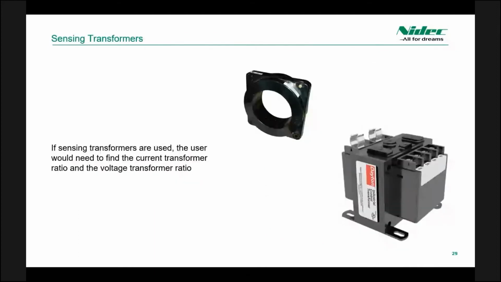If the output voltage of the generator exceeds the rating of the sensing terminals on the voltage regulator, then it is necessary to use a voltage transformer for sensing. In the event that you have to use a transformer, it is necessary to find out what the ratio is so that the regulator knows what voltage it is actually seeing at the output. A current transformer is necessary if the user wants to monitor the output current of the generator or for paralleling generators. Typically, regulators will have either 1 amp or 5 amp input from the current transformer, so the user will need to have a current transformer that has a 1 or 5 amp secondary.